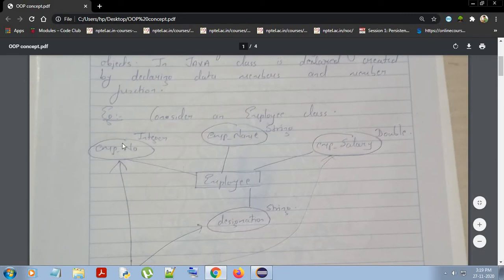In short, these are data members of the class employee. A class consists of attributes which are called data members. A class also includes some functions. Let's say there is an employee named Ramu. I need to read his data, or I need to input some data through the keyboard. Then I will access it through this function. So a class consists of functions. We will explore it over here.